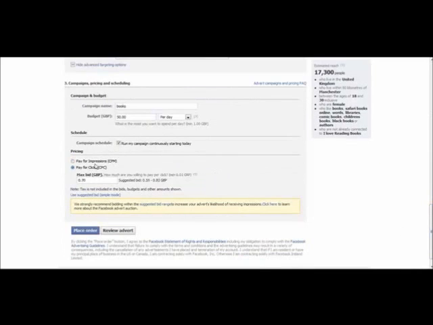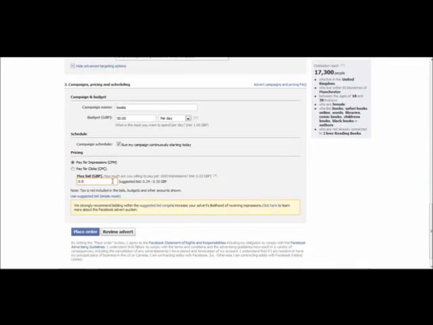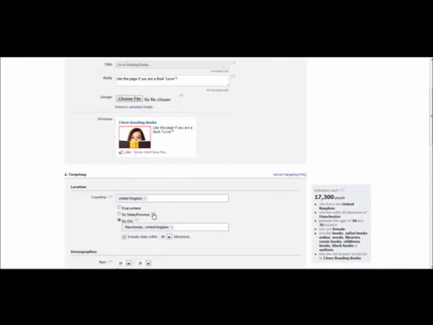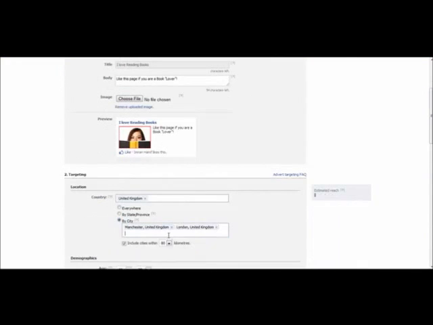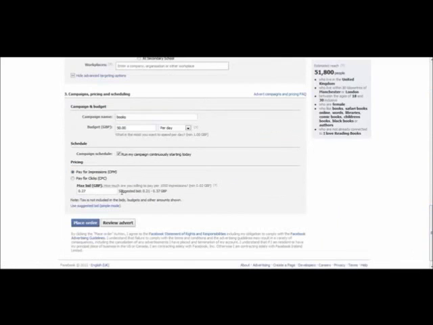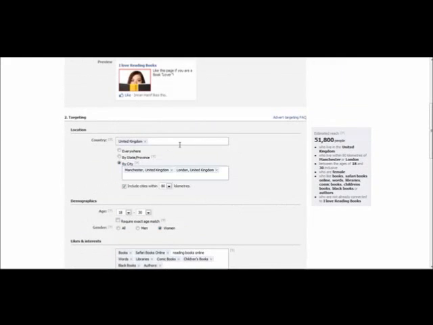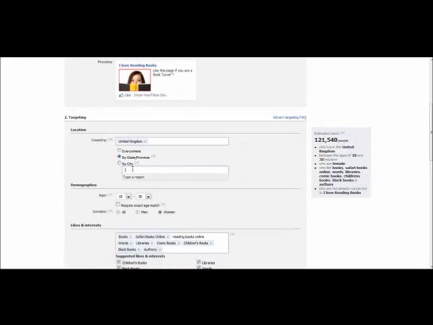Okay, it's going back down here. This isn't exactly what you should be using, but again, this is just an estimation. So again, you've got things like London, and you can keep your eye on this. As you can see, this has gone down. It's 0.21 now, so I can put something like 0.24. So this ad is going to target people who live in the UK, who live within 80 kilometers of Manchester or London. And you can target by region as well.